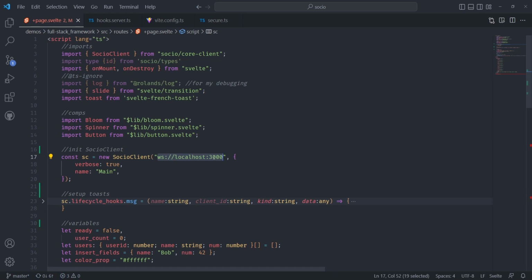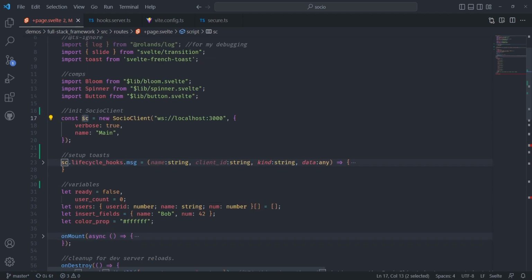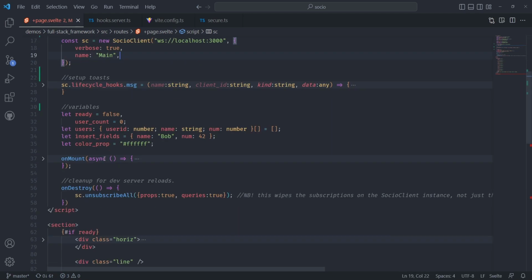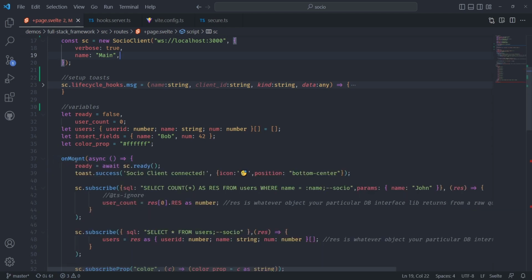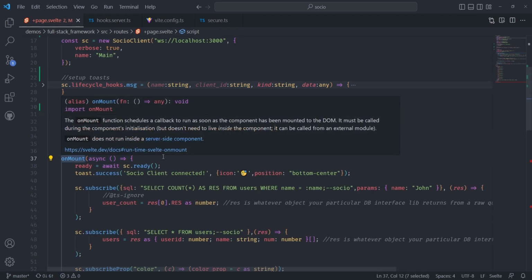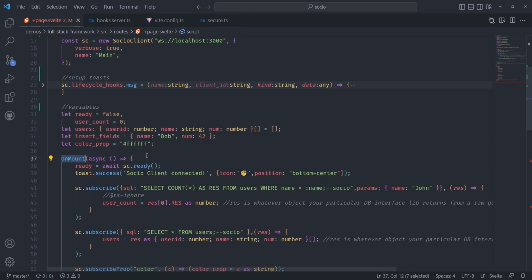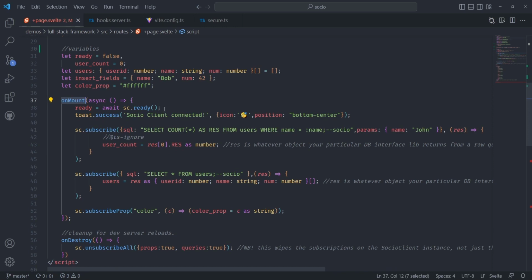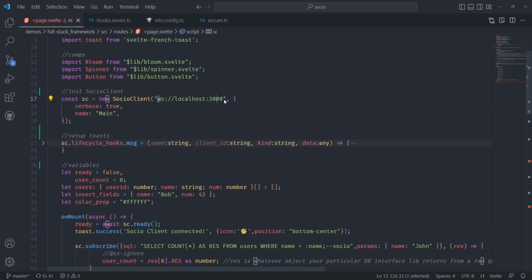This address is the Socio server that is launched together with SvelteKit on the backend when it starts up. We'll take a look at that in a second. Once I've created this instance here, then on mount, Svelte has this nice lifecycle hook that gets called whenever this component is completely loaded or mounted onto the DOM. So essentially at that point, this component has all of its stuff loaded up. So at that point, you want to await ready to make sure that Socio has actually connected to this WebSocket